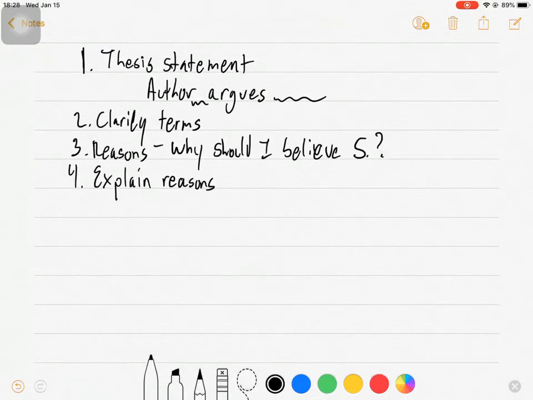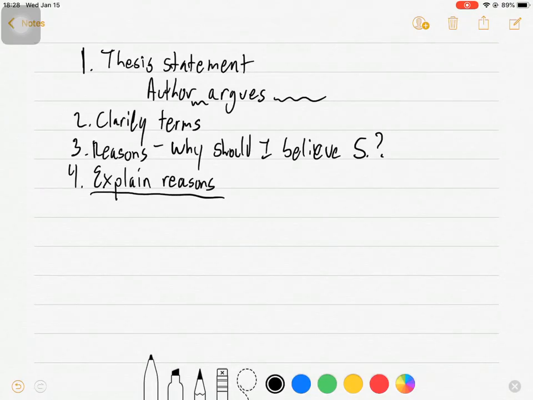For example, since I use this example in my classes with respect to food ethics, if somebody is arguing in favor of veganism and they start with claims about production practices, they need to give us a reason to think that consumption practices follow claims about production practices. It wouldn't be enough for them to say, well, here's a reason. Consumption practices follow from production practices. But why? Why is it the case that these things point to those things following from the other things? So make sure you explain the reasons.